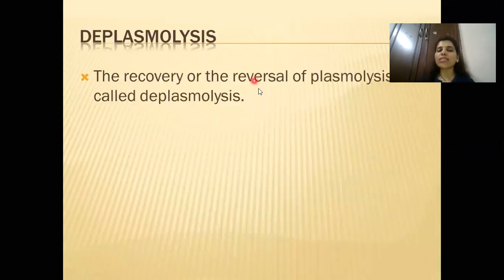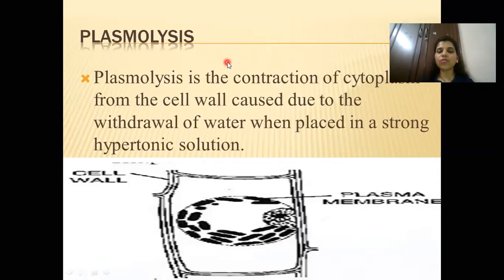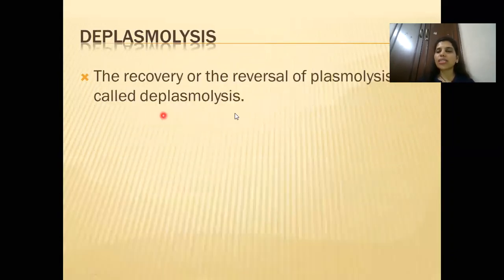Now deplasmolysis means the reversal. Suppose if you dip this in hypotonic solution, what will happen? The cell wall will remain over there and the cell membrane will come back because it is now absorbing water and it will swell or it will become turgid and it will come back to its original position. The cell membrane will come back to its original position. So that particular reversal is known as deplasmolysis. So children, these terms, please learn whichever